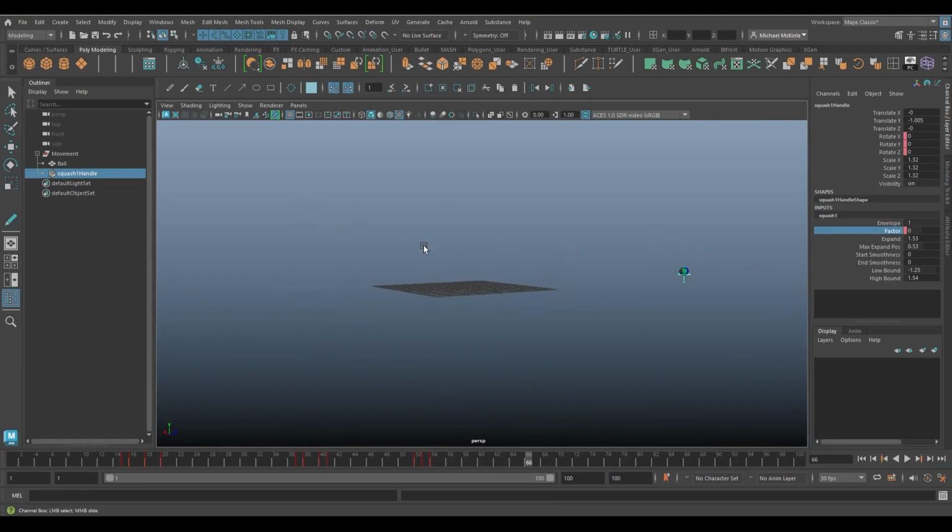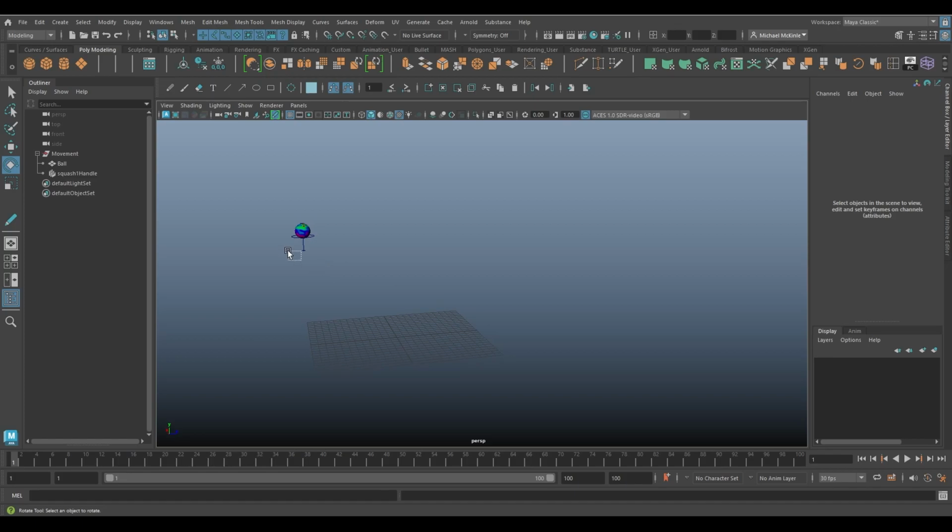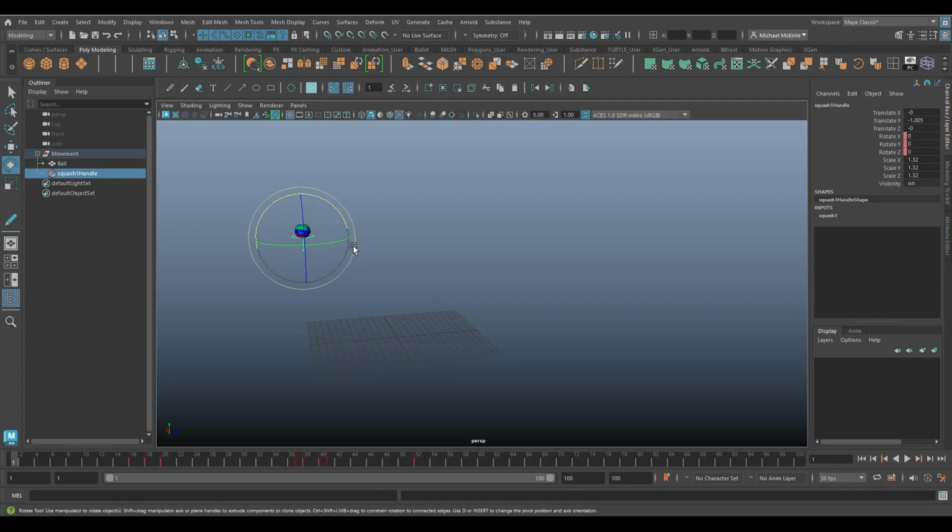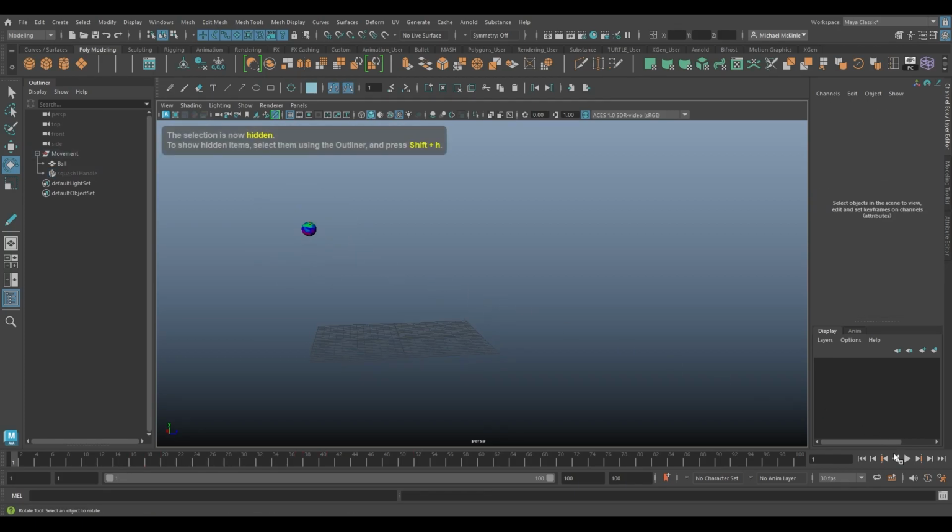Okay, let's see what this looks like. So rewind it. If you want to, you can select the handle and hide it. Control H to hide it so you don't see it. And play. So that squash is a little bit dramatic. I might could tone it down a little, depending on how realistic we want to be. But for the most part, we have our bouncing ball, we have a squash, and you'll hopefully see